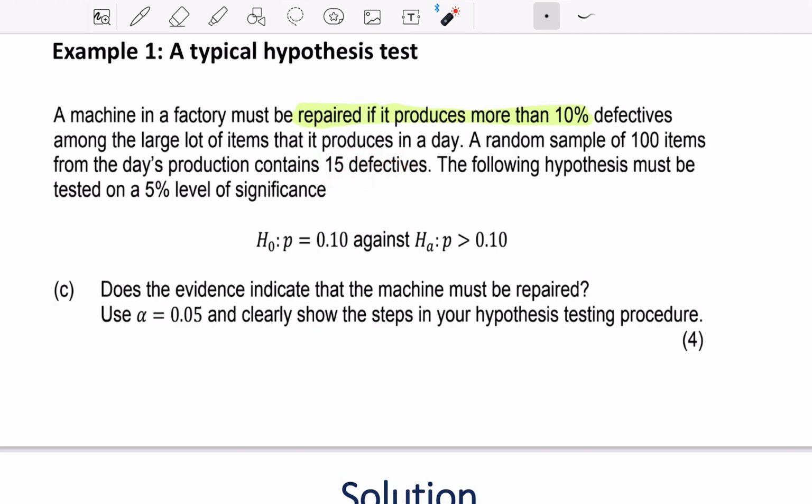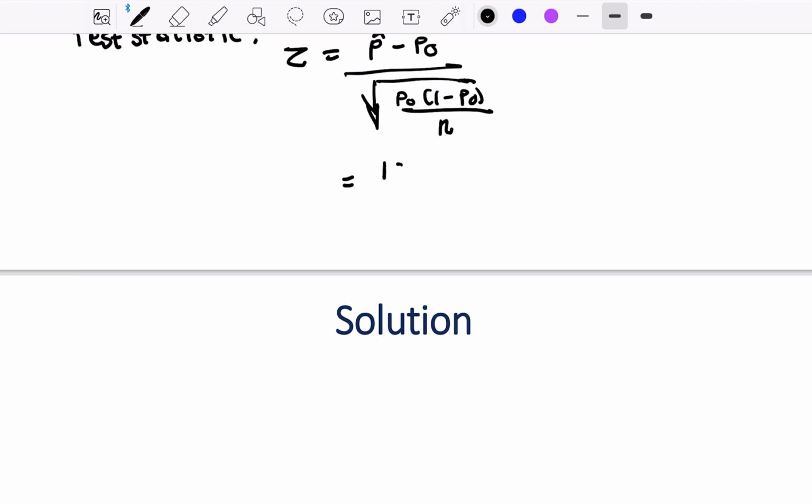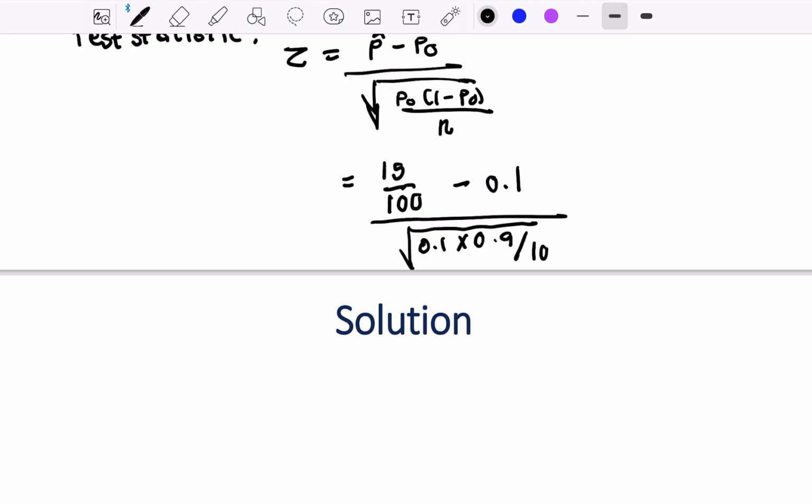So your estimate of your population proportion according to this sample will be 15 over 100, right? So there you'll have 15 over 100, minus P naught, which is 0.1, divided by the square root of 0.1 multiplied by 0.9, and you divide by n, which is 100. If you punch everything into your calculator, you should get